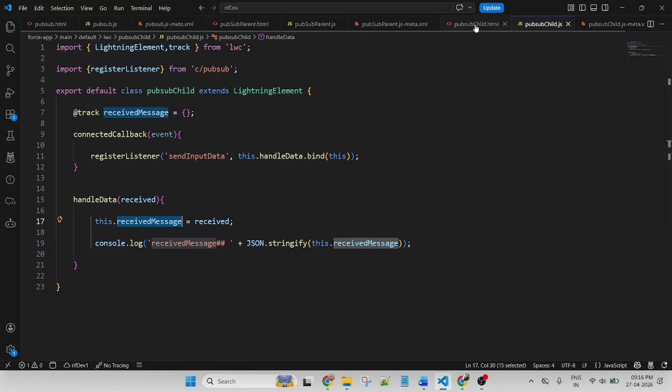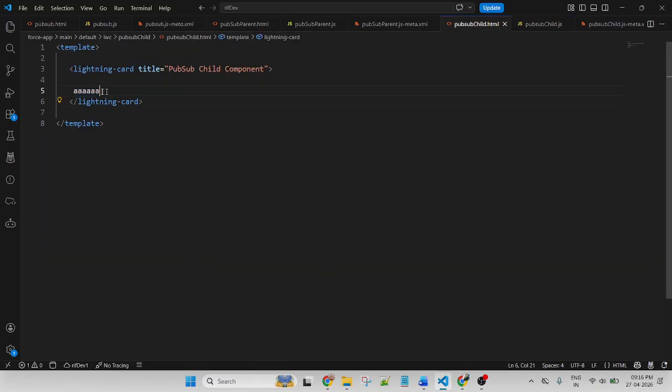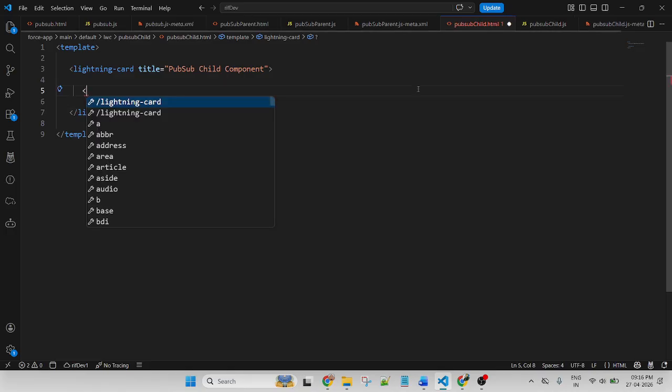So I store data inside this variable. So go to the child component. Here I will use a table.